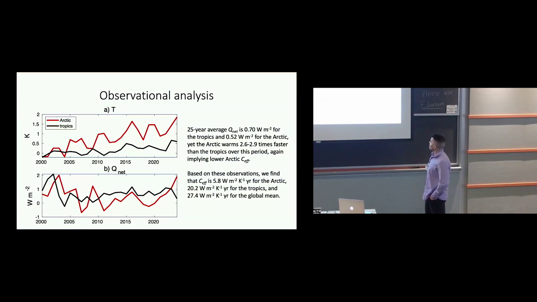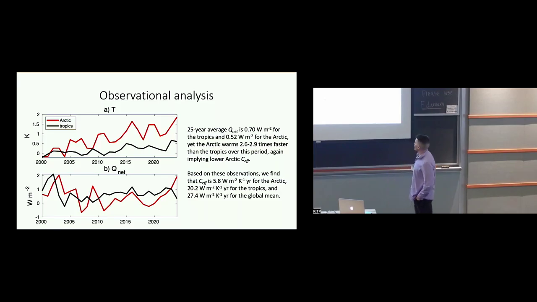And so, Q net is actually larger in the tropics than the Arctic. Yet the Arctic warms somewhere between 2.6 and 2.9 times faster than the tropics. You get somewhat of a difference depending on whether you take the 25-year average dT versus compute a linear trend, but it's roughly 2.5 to 3 times greater warming in the Arctic than the tropics. And so again, this implies a lower Arctic